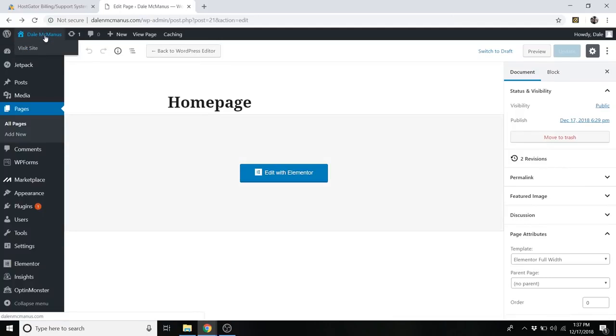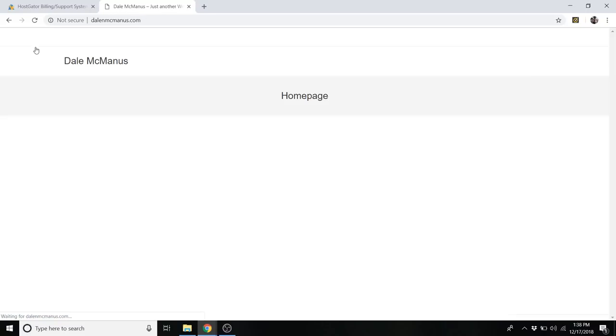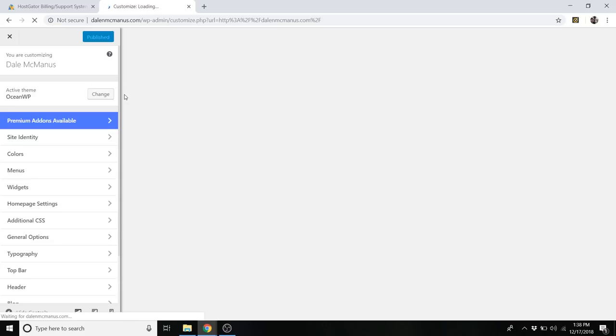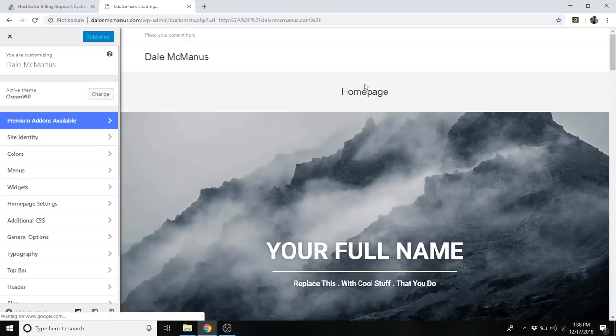And then go up to Visit Site again, and you don't have to open it up in a new window this time. And then just click on Customize. So this Customize tab is how we customize our theme, and then the Edit with Elementor tab is how we customize our main page. So right now this title here is part of that theme, so we want to get